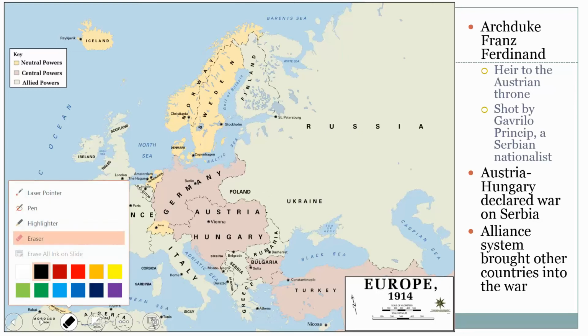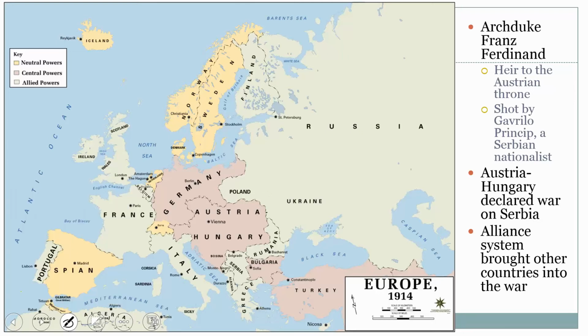So within the alliance system, you have two sets of countries that work on defending one another. The situation in 1914 sounds like this. The Austro-Hungarian Empire has control here over Serbia, and Serbia is pushing for independence. This is an example of ethnic nationalism, and they are supported in their quest for ethnic nationalism by Russia. So, what ends up happening is a Serbian nationalist named Gavrilo Princip kills the Archduke of the Austro-Hungarian Empire, a guy named Franz Ferdinand, and in retaliation, the Austro-Hungarian Empire threatens